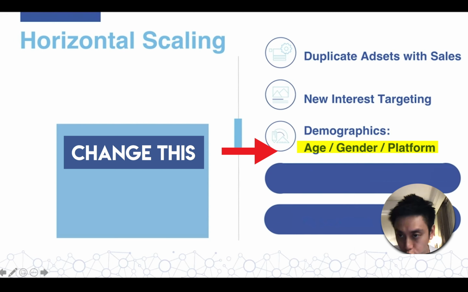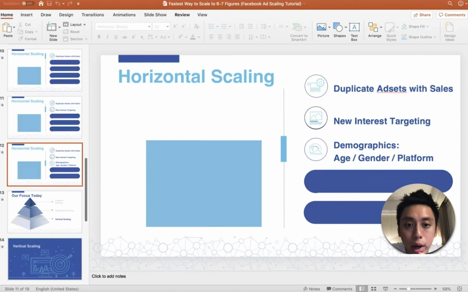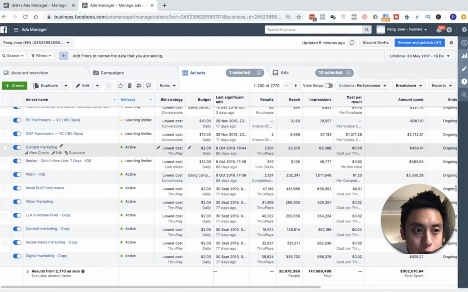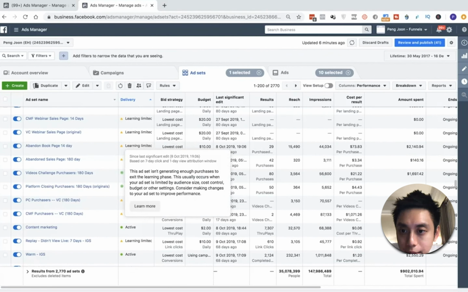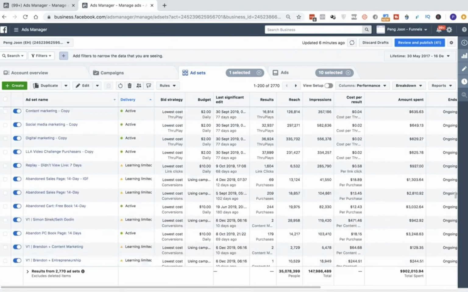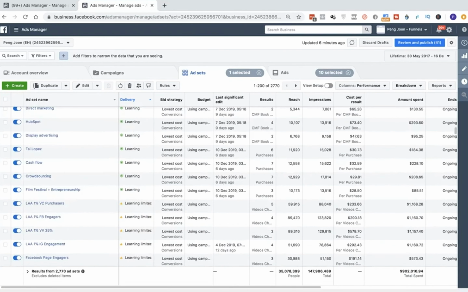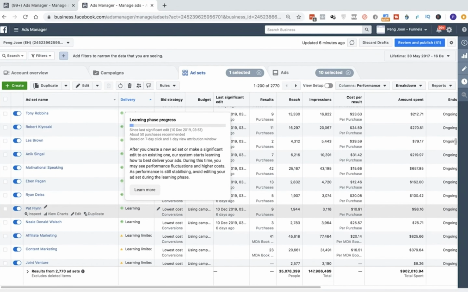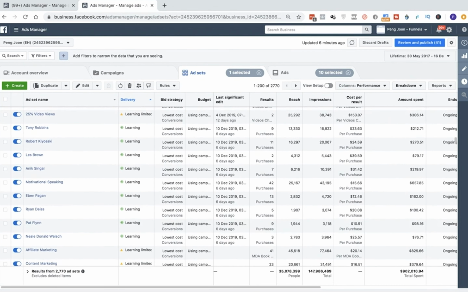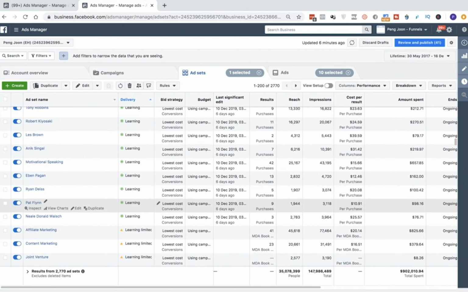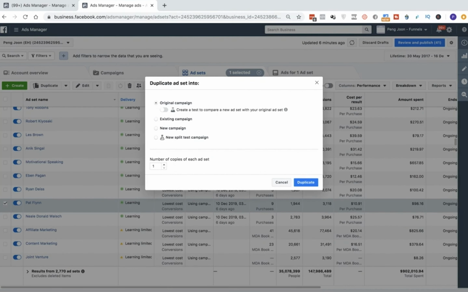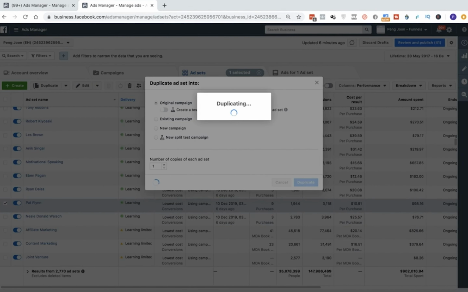Maybe it's just Insta stories. Okay, and the way you do that is, again, if you have something that is profitable. So let's say I have this campaign here that is pretty good, $10 cost per purchase for an average cart value that's over $100. So all I'm going to do is duplicate this, and once I click on duplicate,